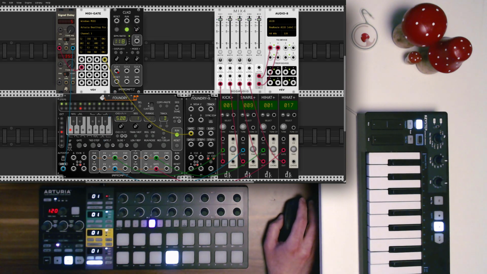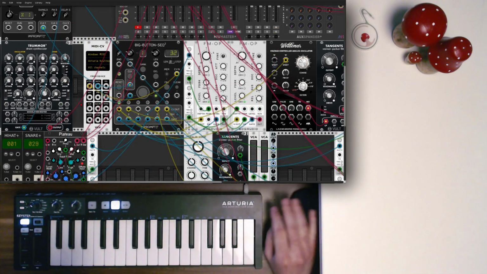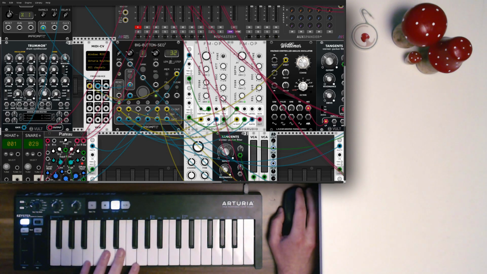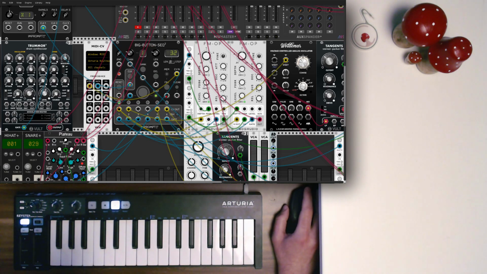Let's for now have a look at how we can record sequences live while a patch is running. Okay, so here we have the Big Button 2, or the Big Button Sequencer 2. Again, this is from Impromptu Modular. I have here again the KeyStep, and I have a few voices ready for us. And with this module, with the Big Button Sequencer, we can record pitch and gates live and have a nice